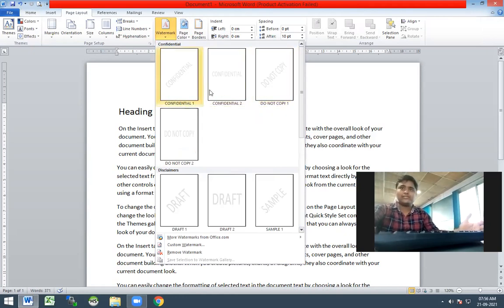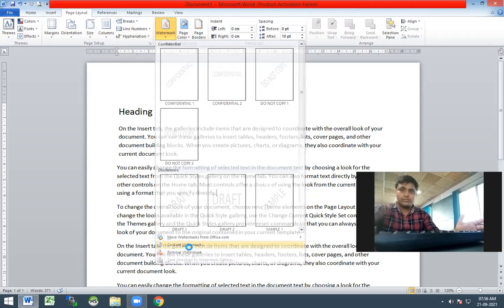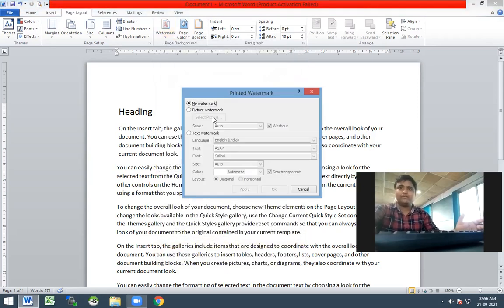These are the types of watermark style available here, like vertical and horizontal. So now we are going to change these particular things and settings over the watermark. You can apply a picture as the watermark and you can also apply text. So these two can be applied here. Now we are going to discuss the text watermark.